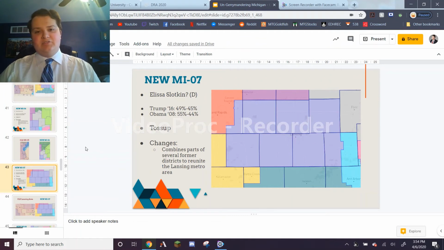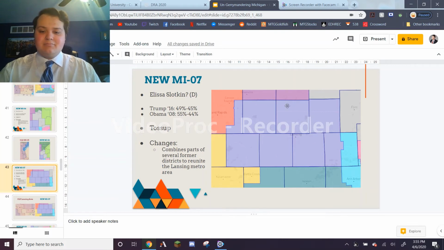Donald Trump nearly won this district, 49% to 45%, which is very similar to the current 8th district, which is represented by Elissa Slotkin. And I think this is a district that probably would have flipped in 2018 more than likely. The interesting thing here is that Elissa Slotkin, I put a question mark here because she actually lives in Holly, which is in the top left corner of Oakland County here, as the district currently goes from Ingham, Livingston to part of Oakland County. That being said, she wouldn't have to live here if she just chose to run here. It's possible, or she could choose to move here for her own political expediency and avoid the controversy of not living in the district. Ultimately, though, I think this would be a toss-up district like the current 8th district is.